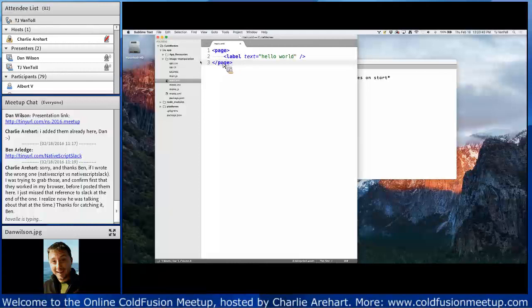And CSS files are where you style your applications. We use a subset of CSS as part of NativeScript, and I'll also go into details on that in just a moment. But at a high level, just know that you're writing code in JavaScript, XML, and CSS. So I'll tackle each of these individually, starting with the XML file,